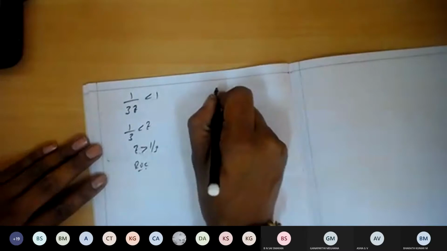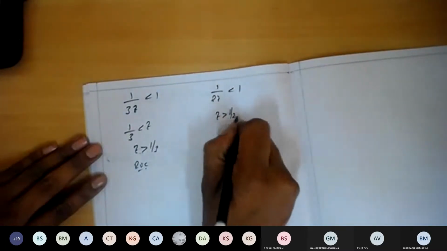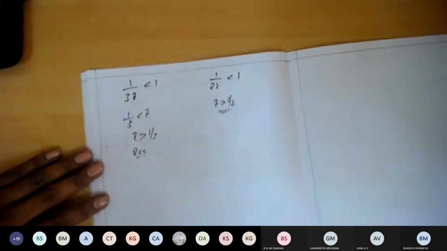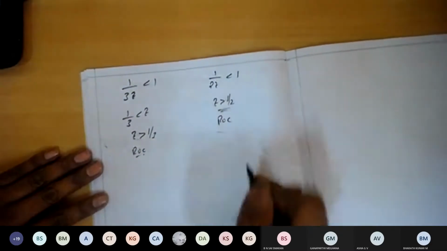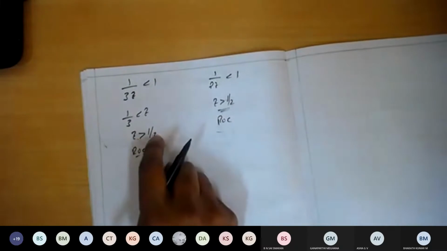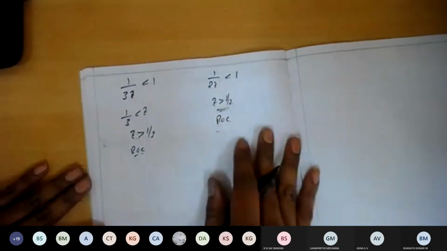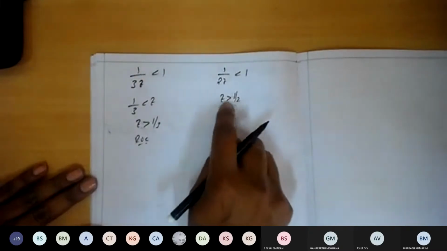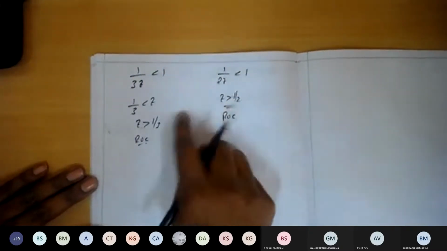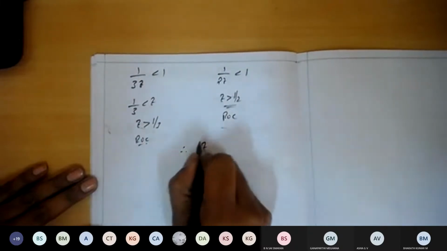Similarly, for the second summation, we have 1/2 into z inverse should be less than 1, or z should be greater than 1/2. So that is the ROC for the second summation. Okay, so among 1/2 and 1/3, 1/3 is 0.33 and 1/2 is 0.5. Among these, 1/2 is the maximum here. So therefore, we are going to take the maximum. The ROC will be considered as